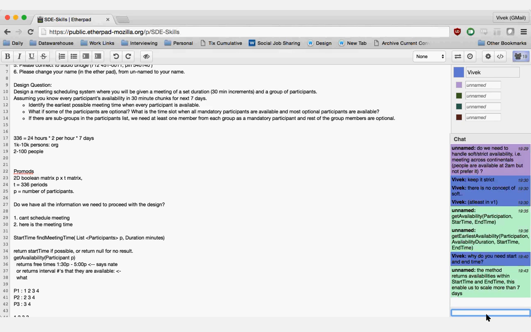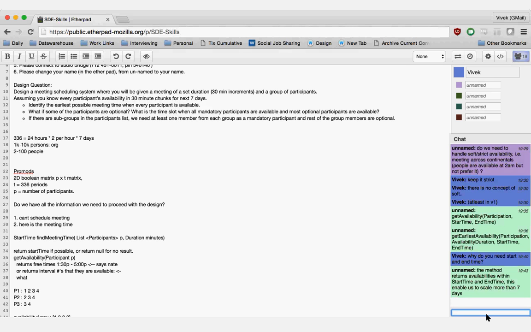So at the end of all participants, we are going to store everything in a one-dimensional 1D array, right? The 1D array will store the number of participants who are available for that interval period.